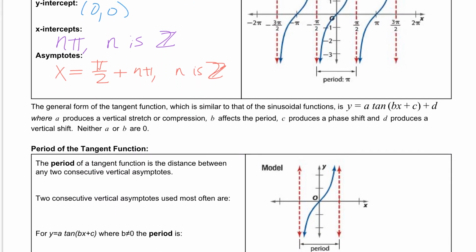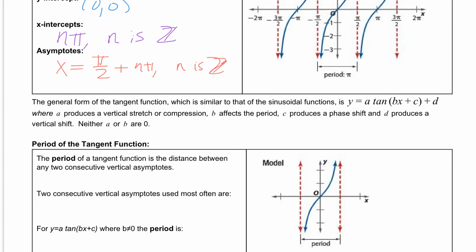Underneath that, it says the general form of our tangent function is going to be very similar to our sine and our cosine functions, where we have that a value, the b, the c, and the d, and the a, b, c, and d will affect the tangent function the exact same way it affected the sine function. If we take a look at the period of our tangent function,